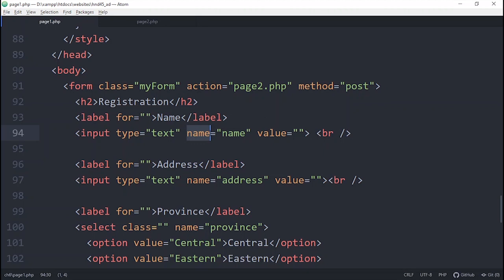This is very important. I'm going to talk about this one a little further as well. So name is very important. If you do not have this name mentioned, you cannot send this value from this form to the back end. I'm going to show you that one, right? So this field name is name or customer name or member name, you can give.